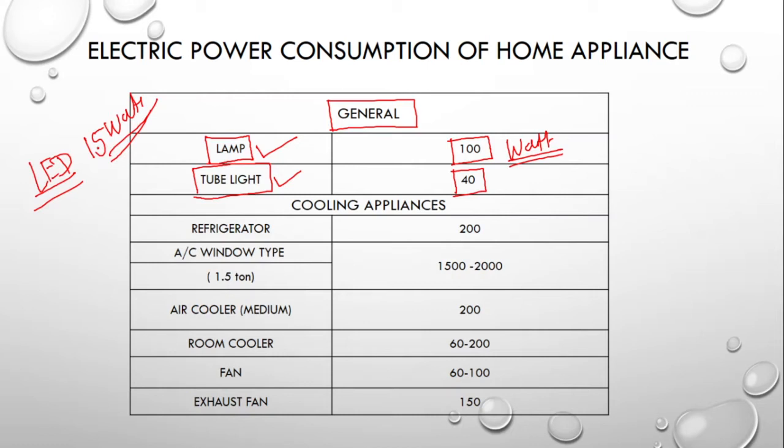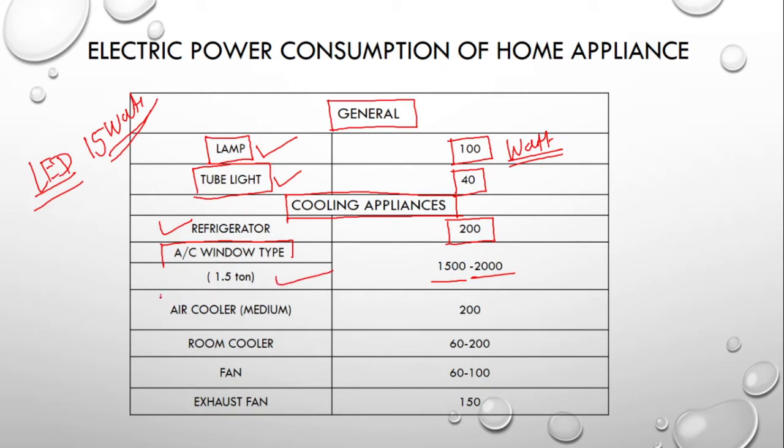Whenever an energy auditor goes to any industry or residential scale for reduction in the power capacity, there is a general kind of equipment that comes under the cooling appliances. Most home appliances need cooling. A refrigerator, on an average, consumes 200 watt for its running capacity. A window type air conditioner will consume 1500 to 2000 watt. Generally, a 1.5 ton AC will consume power in this range only.